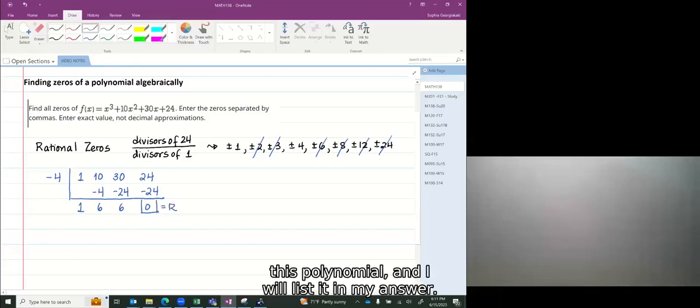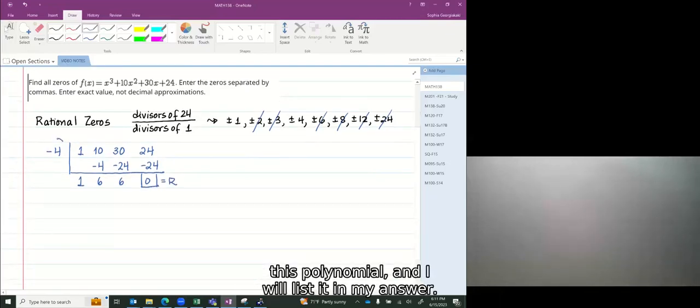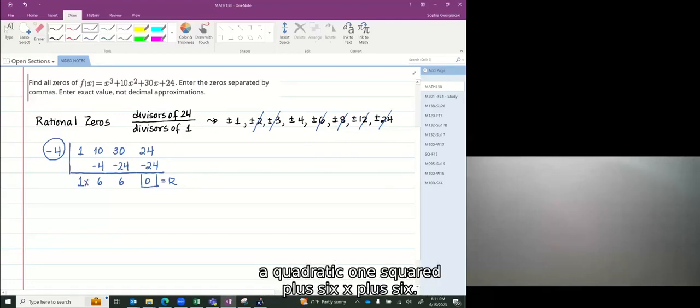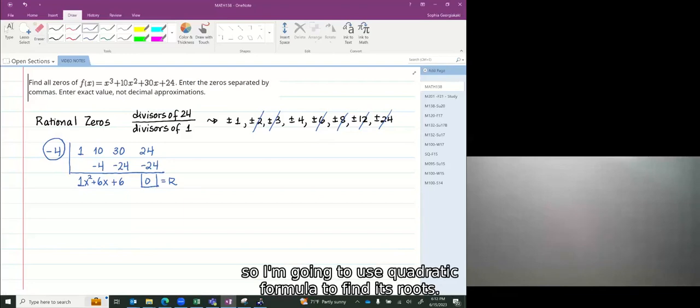So negative 4 is a zero of this polynomial, and I will list it in my answer. Also, I know that the quotient is of degree 1 less, and it will obviously be a quadratic, 1x squared plus 6x plus 6. And this quadratic is not factorable over the integers, so I'm going to use the quadratic formula